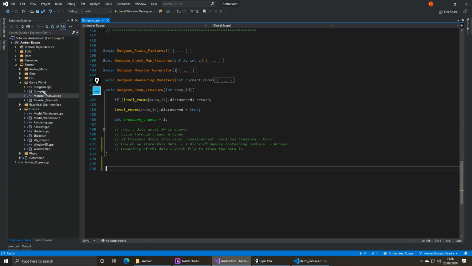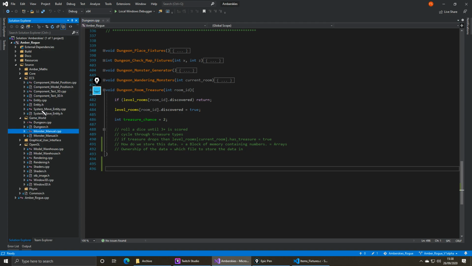But the game world especially. The ECS system is a completely different way of handling data, in which you take blocks of predefined data that's not arrays, because it's mixtures of different data types. You can only make an array of one data type. You can't specify, oh, I want this data type on this line, I want this data type on the next line.